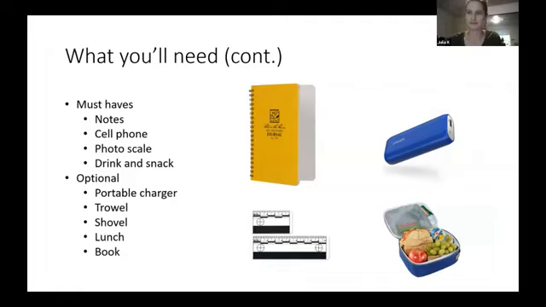notes throughout the day, just stream of consciousness or as things happen, so that once you sit down at the end of the day, you want to write up your nice notes or you're about to text your supervisor, you have something that you can refer to that might not be the neatest looking, but it's a good thing to refer back to. Cell phone, obviously you'll need a cell phone to contact your supervisor or anyone else in the